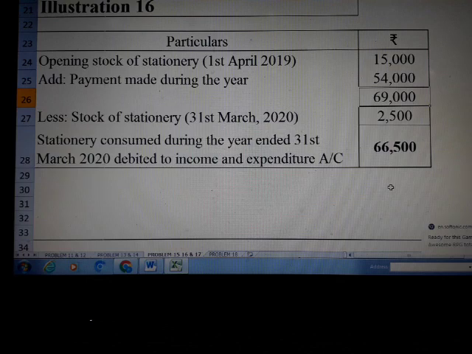In this problem, two things you have to keep in mind. There is no credit sales. At the same time there are no creditors. Since there are no creditors, there is no credit sales. If at all there is a credit sale, obviously creditors will be available in the question. So you need to make sure that the opening and closing creditors are brought into the computation. Only then our answer will be perfect.